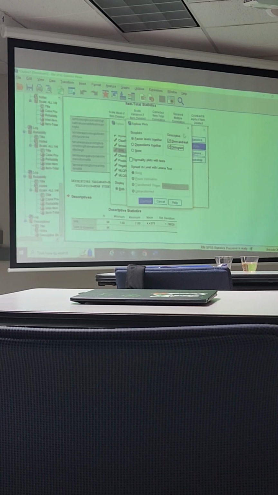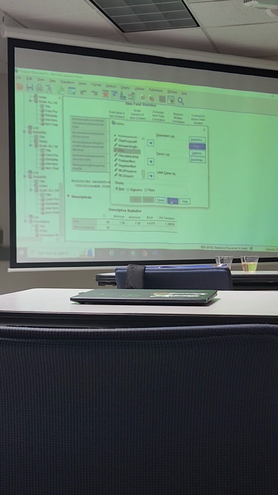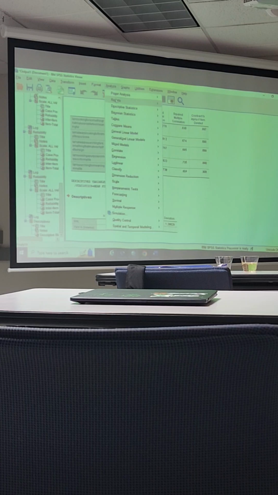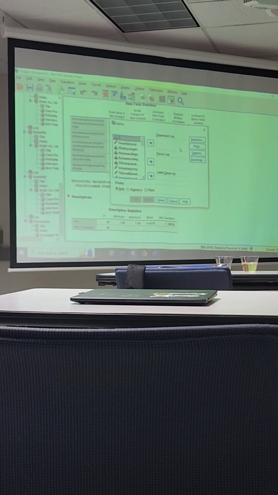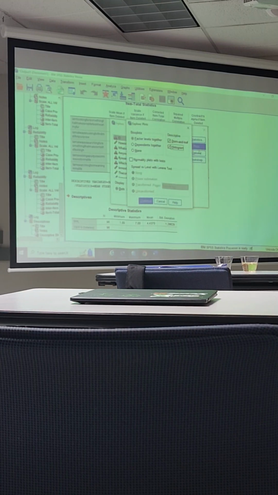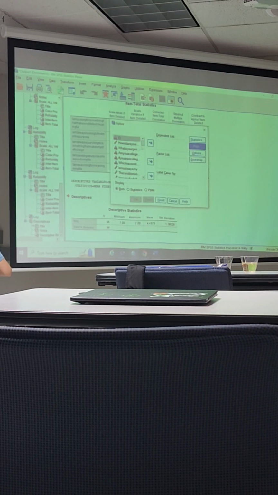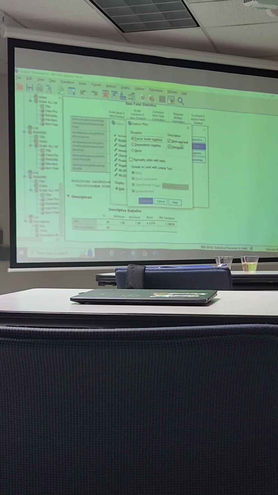Do you see what I did? I did analyze, descriptive statistics, and instead of descriptives, I'm doing explore, right? And so now I'm gonna do a plot, I'm gonna do a histogram. I wanna see what this distribution looks like, right? You can also keep the stem-and-leaf plot and leave it in. And then